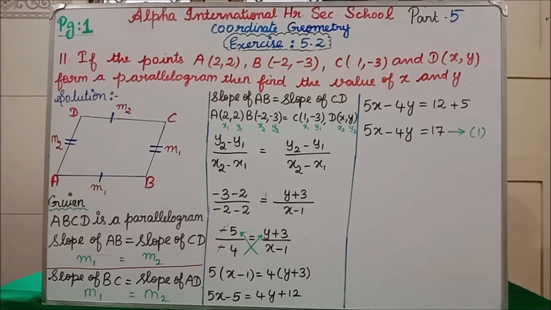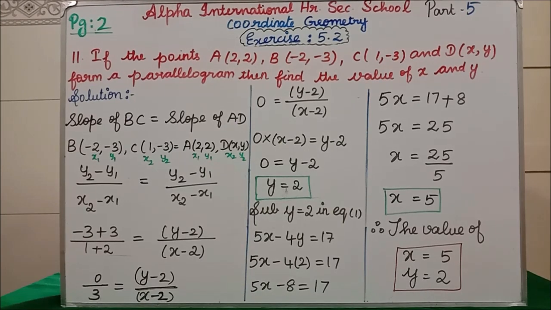Now, what are the two sides we have taken first? We have taken the slope of AB side and the slope of CD side. Isn't it? The next two sides: slope of BC is equal to slope of AD. We have to solve that. I am going to erase this. In page number 2, we will see that slope of BC is equal to slope of AD. This is page number 12 of the 11th problem. Remaining problems we are going to see now.